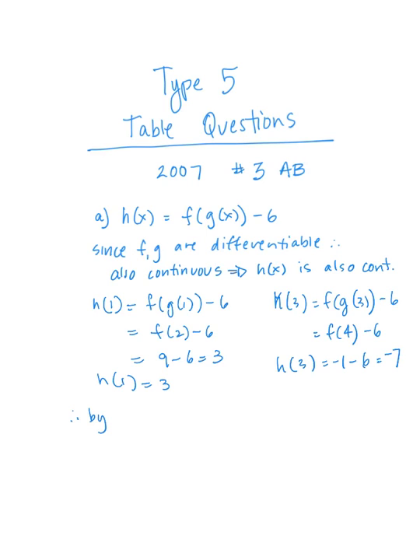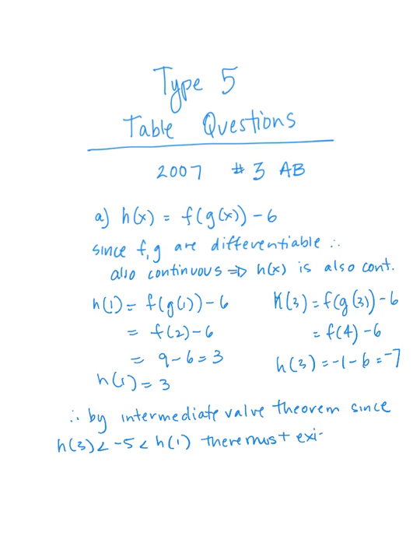Remember, we have these theorems. So by the intermediate value theorem, we can say that since this negative 5 is between h of 3 and h of 1, there must exist at least one. Now, the question asks for one value, but there has to be at least one. It could be many. But at least one value of r